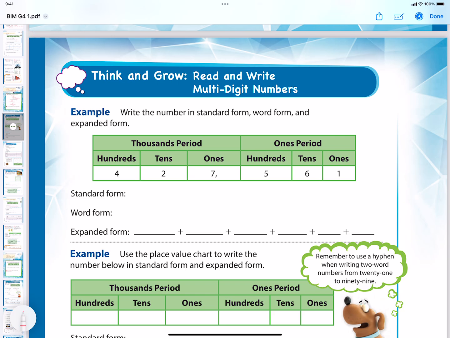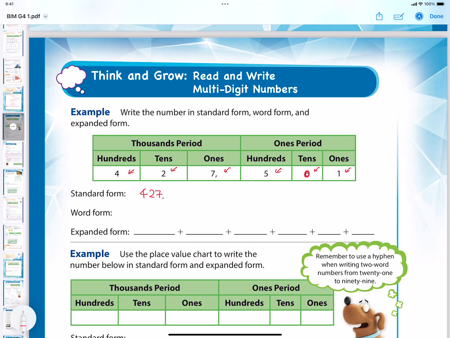Think and grow. Example. Write a number in standard form, word form, and expanded form. So 3 different ways. Standard form is the easiest one sometimes. Once we have all the digits in each place, it's easy. But sometimes when you have like no tens, let's say, this is just an example. When they have no tens, you are going to see this type of question a little bit later. But anyway, like nothing in tens. And usually you are making this mistake. I've seen many times,